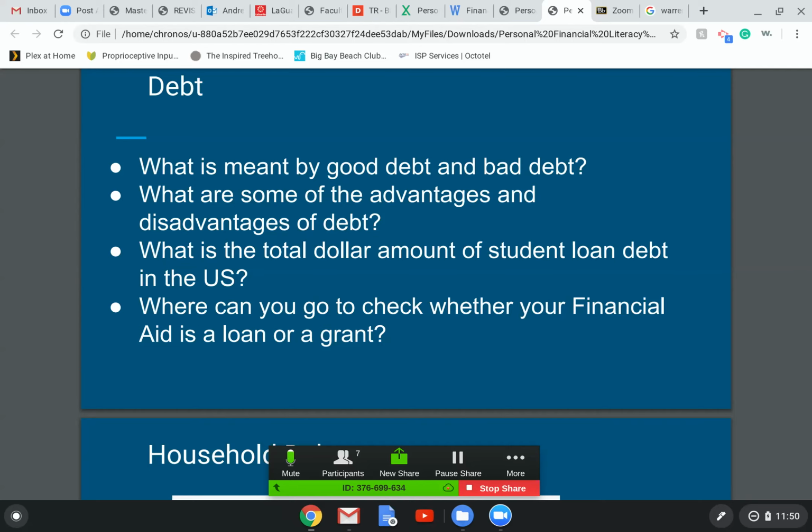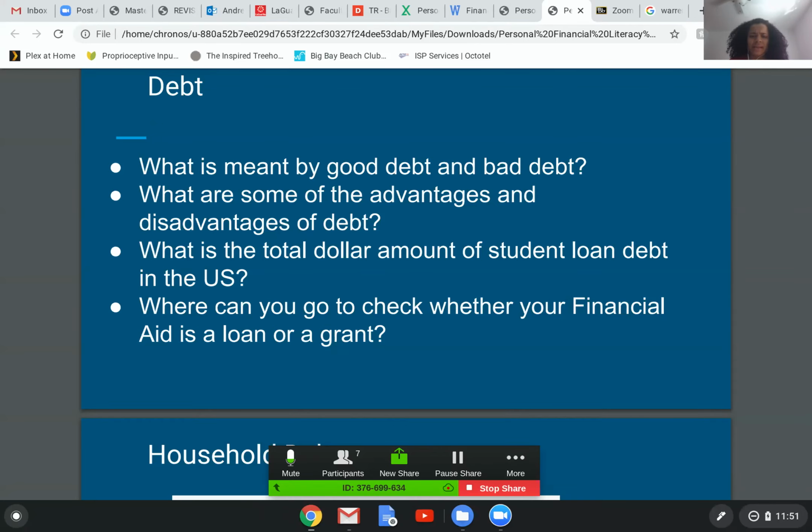Yeah, you're totally on the right track there. So good debt, quote unquote, is often considered debt that has some type of asset tied to it. For instance, a mortgage, because you've got the home and then you've got the mortgage loan. Unless you're living beyond your means and buying an apartment that is way too expensive for you, or going into a car note that is unreasonable. The good part is that it's secured in some way.